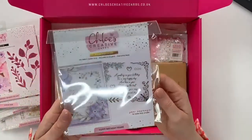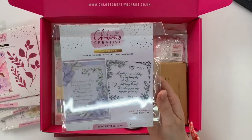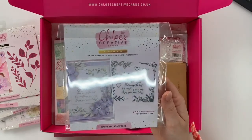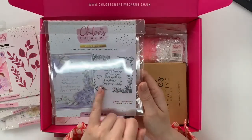Up next, we've got the most gorgeous verse stamp. So we've got a lovely happy birthday verse stamp. So it says, "A greeting on your birthday for a very happy day, and a year that brings the best of everything your way. Enjoy your special day." So again, a really lovely sentiment, but then we've given you 4 different corner